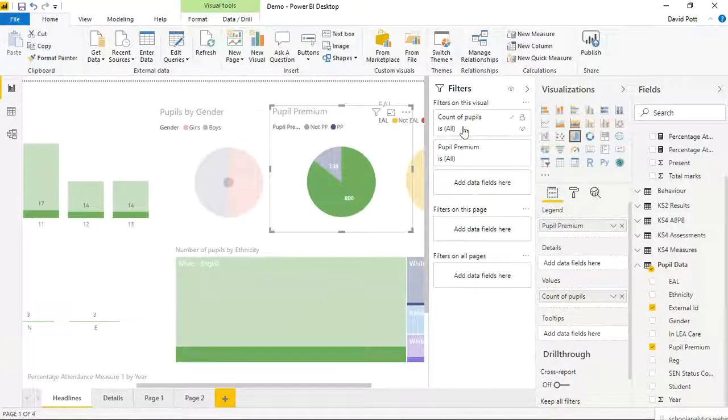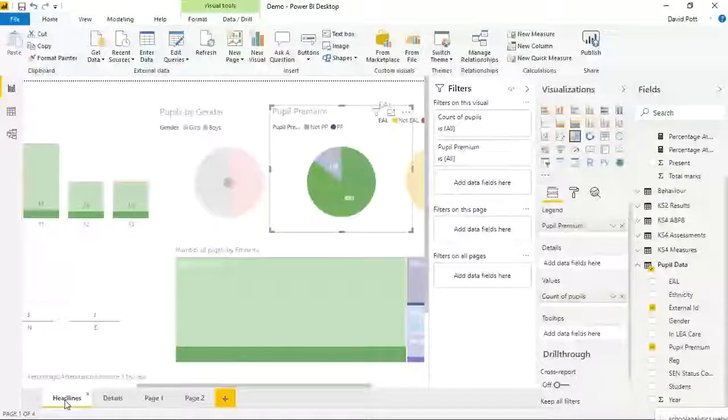And it allows us to set a filter for an individual visual. So I can set a filter for pupil premium, or for the entire page, that's this page here, this one that we call headlines, or I can set a filter for the whole of the report, which is filters on all pages there. So let's just have a look at putting a filter on an individual visual. Got pupil premium highlighted here,